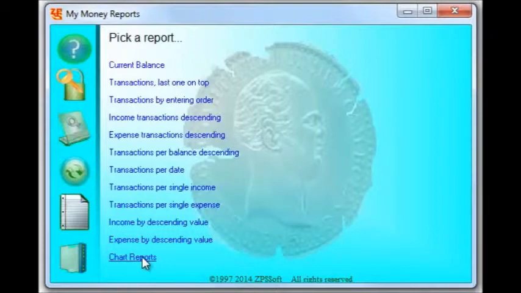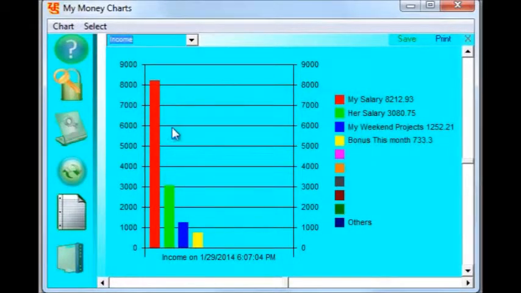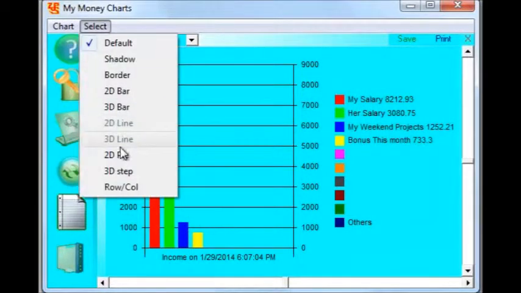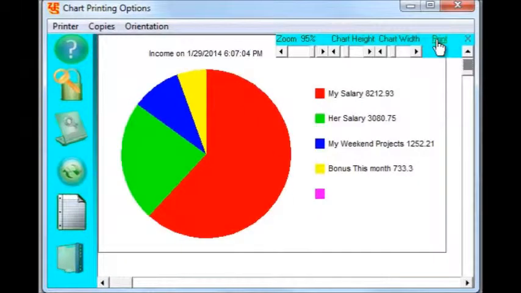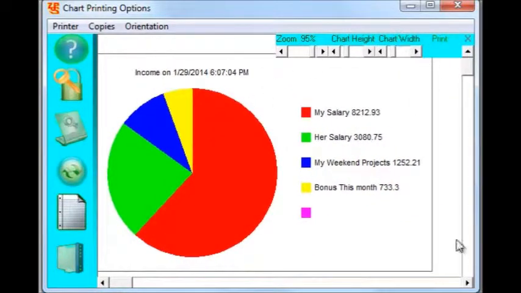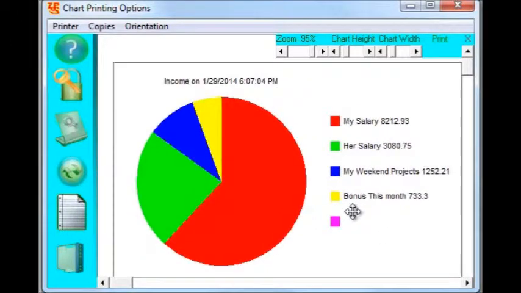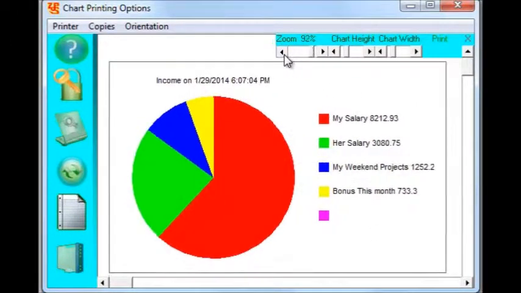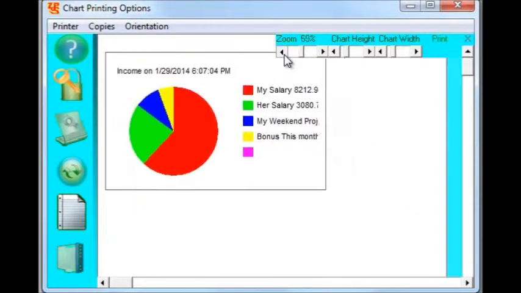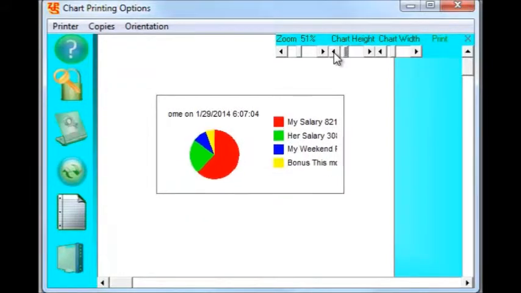And finally we have chart reports, where it tells you what it shows, and it gives you the first 10 different chart views. When you click print on this one, you actually have print preview, where you can set where exactly you want the chart to be on the paper. You can zoom out to see it,